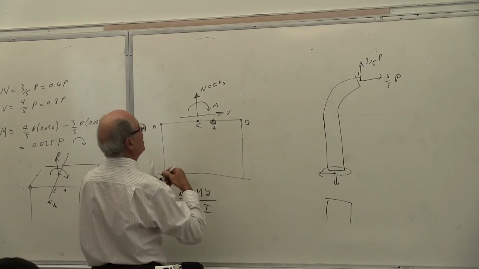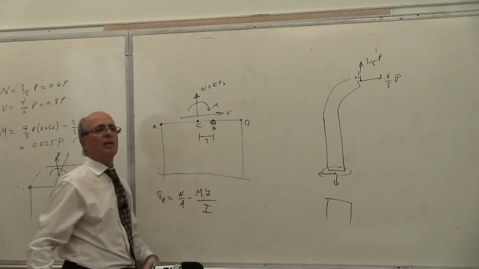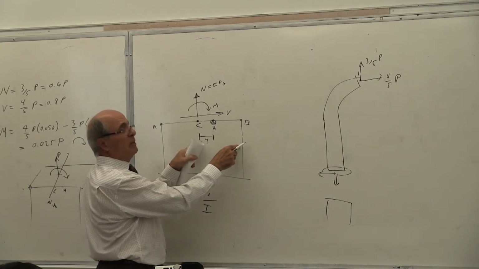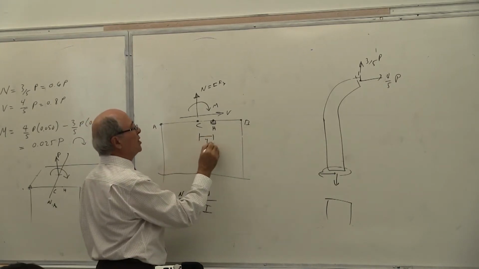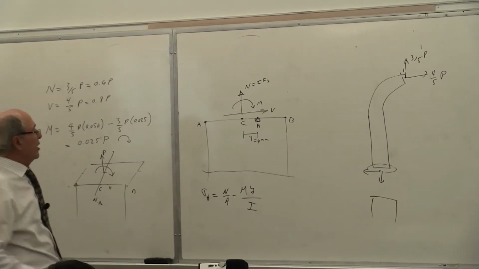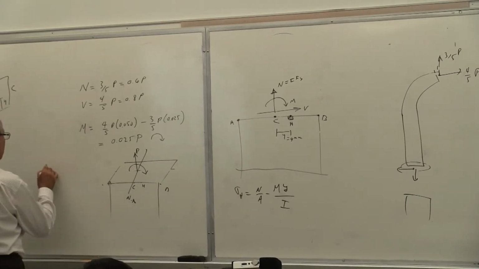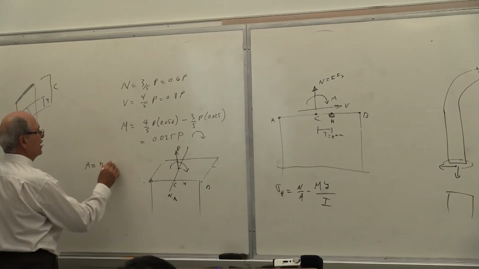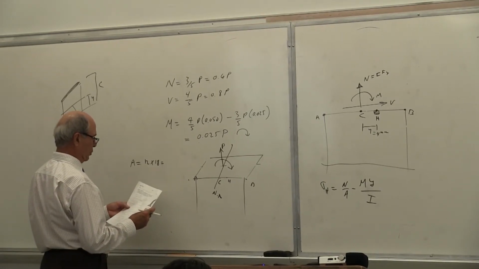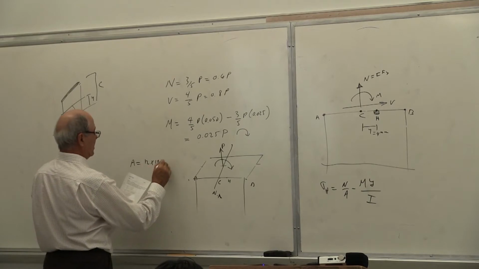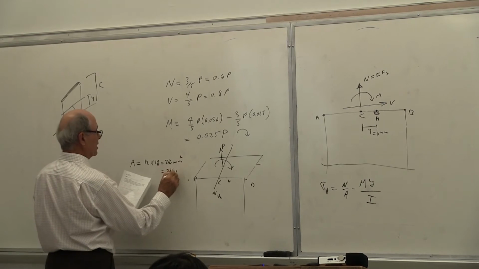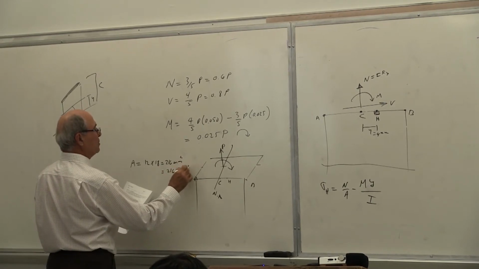That is Y. What is the Y now? This is the Y. So this was 18 millimeter. Half of that is 9 millimeter. This is 5 millimeter. So Y is equal to how much? Y is equal to 4 millimeters. And I, look at the I. Area, you need the area. Area is 12 by 18 anyhow. So 12 by 18, write it down. You want to write it. That is equal to 216 millimeter square, or equal to 216 times 10 to the power of minus 6 meter square.